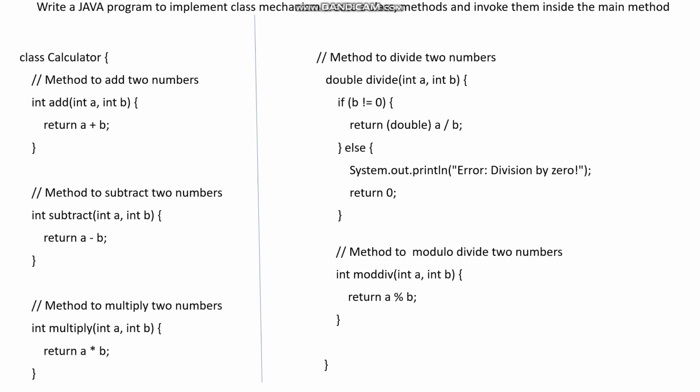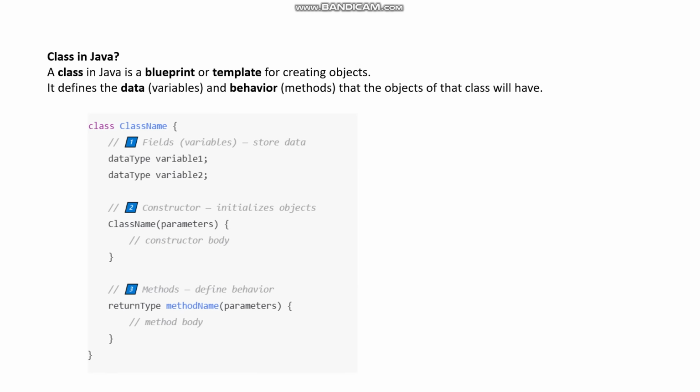Write a Java program to implement the class mechanism, create class methods, and invoke them inside a main method. Before going to this, first of all I will give the definition of the class. What is a class? A class in Java is a blueprint or template for creating